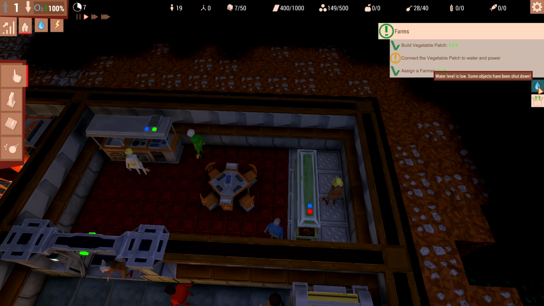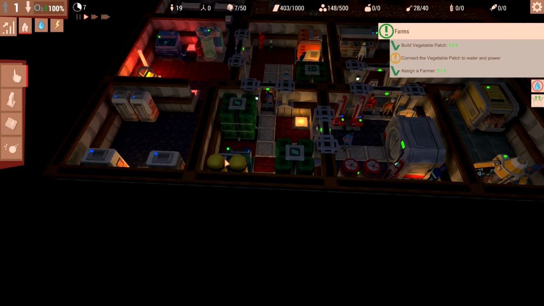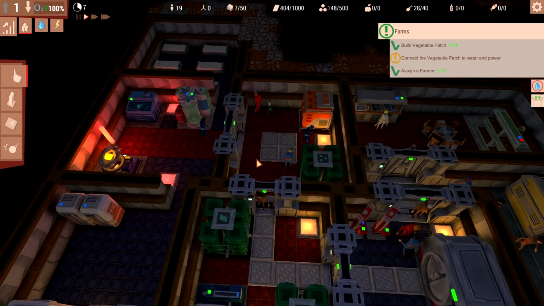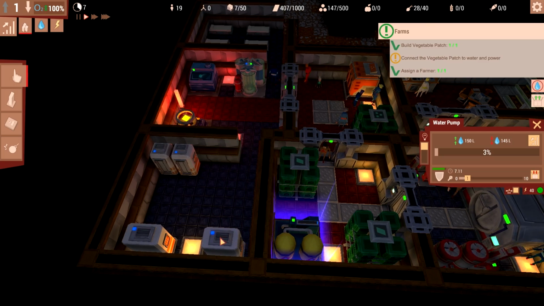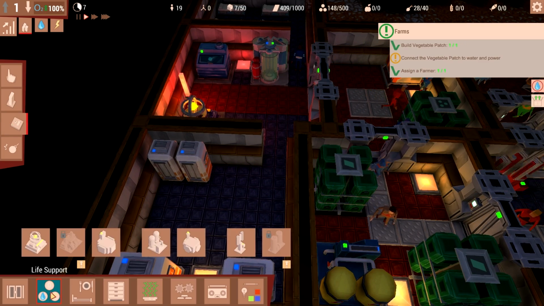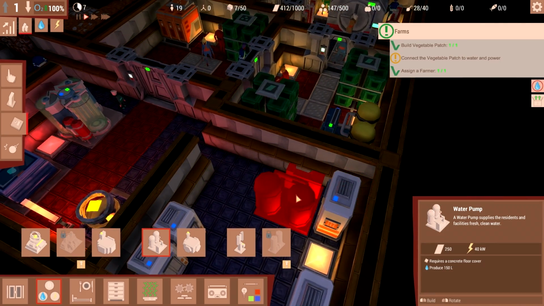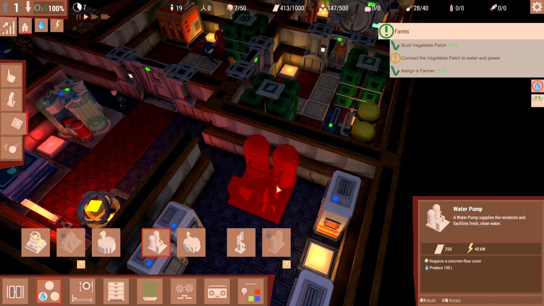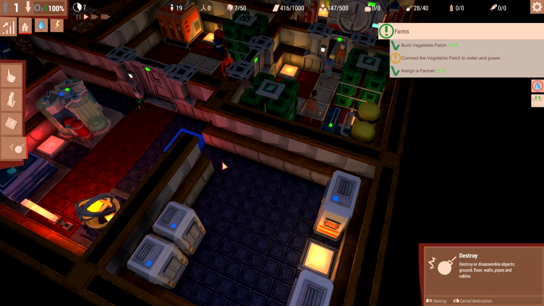What's happening here? Water level is low. Some objects have been shut down. What you talking about, Willis? Where's our water at? Oh! No, you didn't. Okay, well, here's what I'm gonna do. Life support. Let's build a water pump. Concrete floor. I am going to have to demolish...